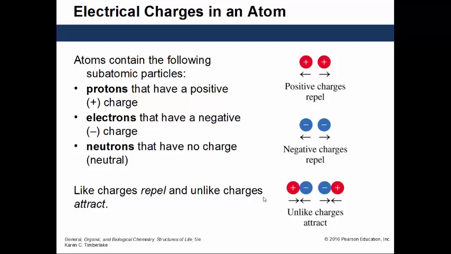The first one, protons, these have a positive charge. So P for proton, P for positive. Neutrons have a neutral or no charge. So N for neutral, N for neutron. And the third one, the electron, these have a negative charge. And you'll see on the images over here,